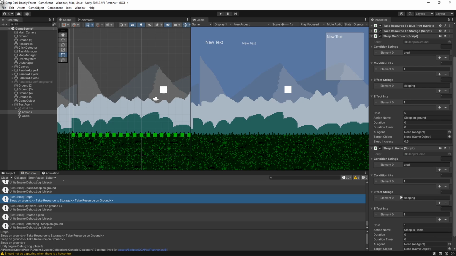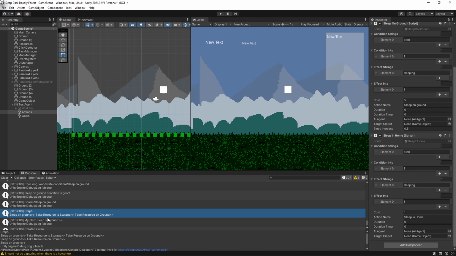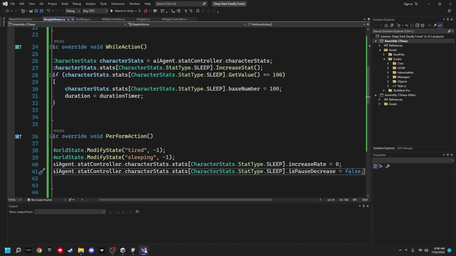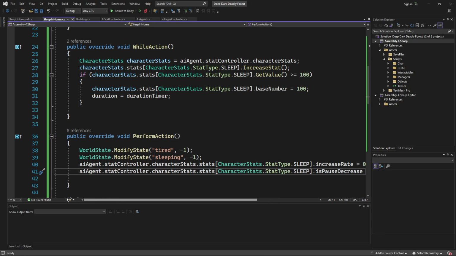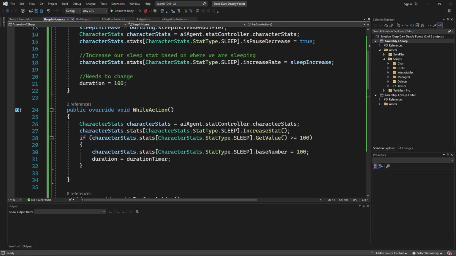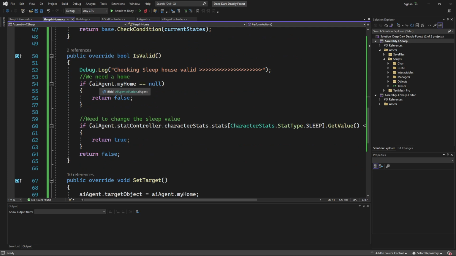Tired is 1. Sleeping is 1. Cost is 1. Everything's set up the same way, but our graph is not picking it, which means something's wrong with this invalid. This is valid right here. If AI agent